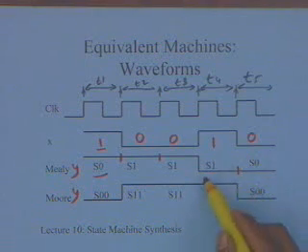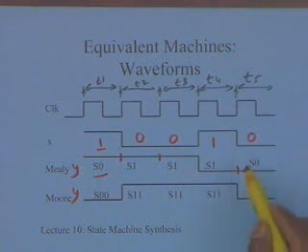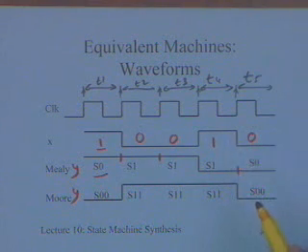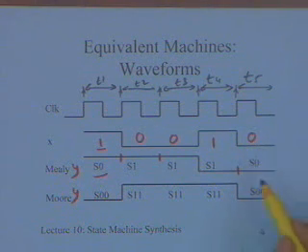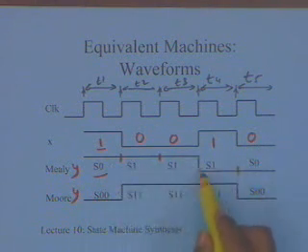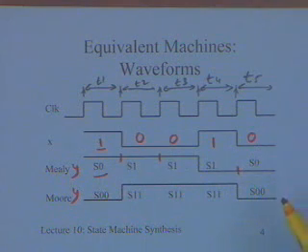So, this one will become 0, and of course, I will make a transition to state S0 with this, and of course, my input is 0 and I am in state S0, so my output will also be 0, and this will be the waveform that I will generate. If I now look at what the Moore machine generates,